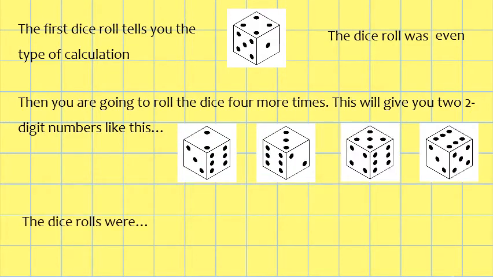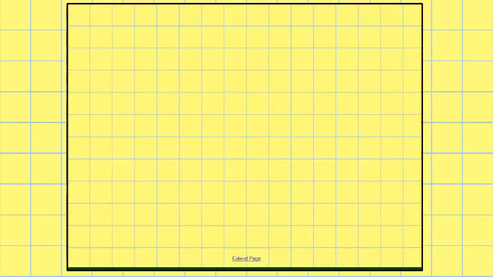The dice rolls were 2, 3, 5, 6. So the first dice roll was a number 4. And we know that the number 4 is an even number. So that means we're going to be doing an addition